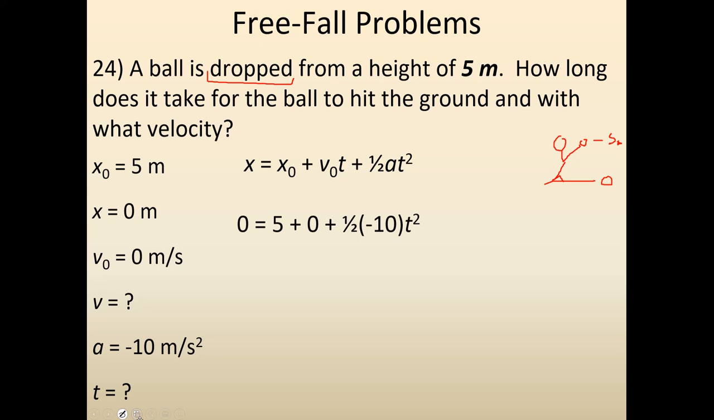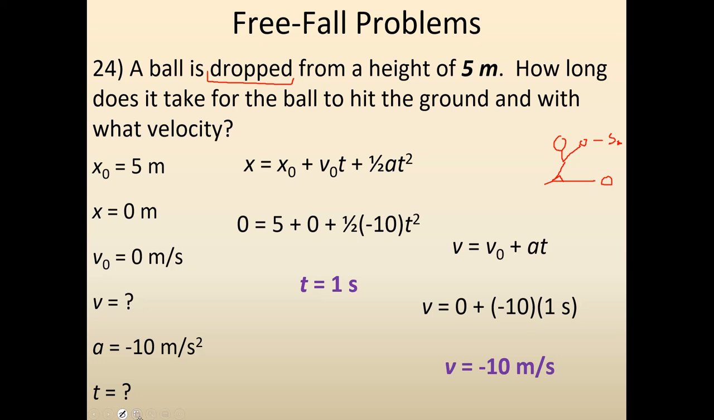A lot of terms drop out because of the zeros, and I end up getting that the time is equal to 1 second. Now that I have this time, I can actually use any other equation to find the final speed. I could use the timeless equation, or just because it's a lot easier, I'm going to use this one, the acceleration equation. So v equals v naught plus at, plug the numbers in, and you end up getting negative 10 meters per